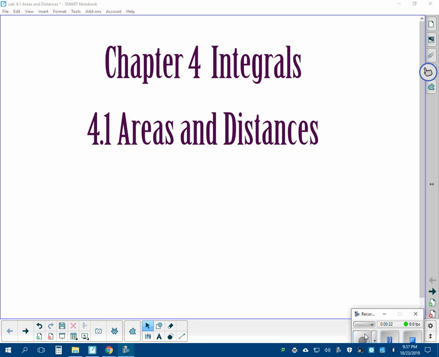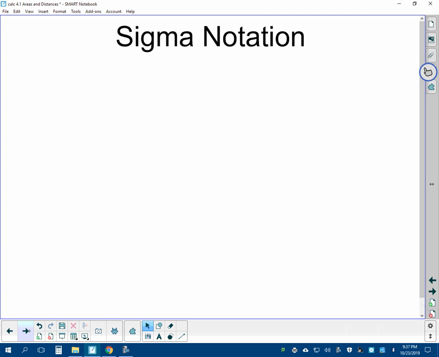So today we are going to start chapter 4, and the first section is 4.1, areas and distances. You can go ahead and start your notes with that title, but we're actually not going to get into that yet. We have a precursor topic before we start dealing with the areas and distances, and that precursor topic is something called sigma notation. You should have seen this at some point, but if you haven't, we'll catch you up today. It is also known as summation notation,